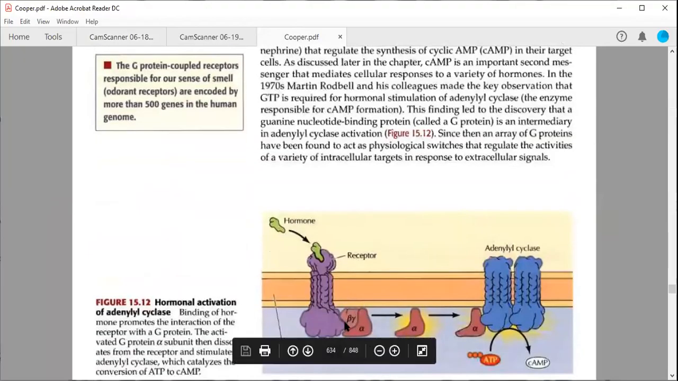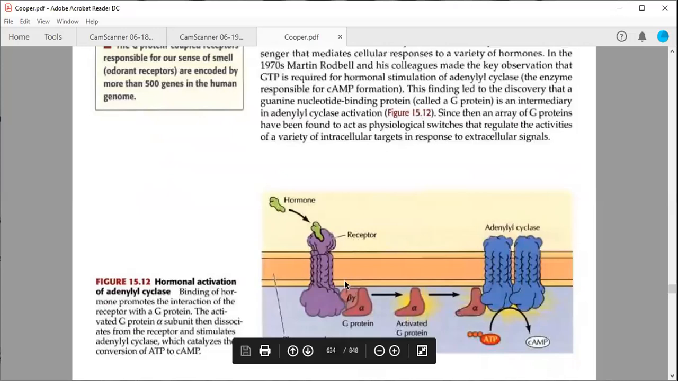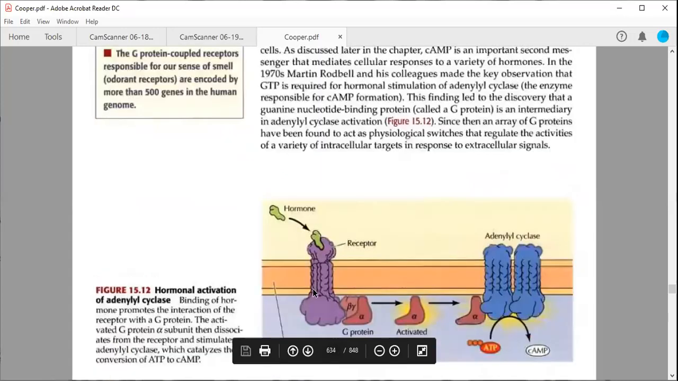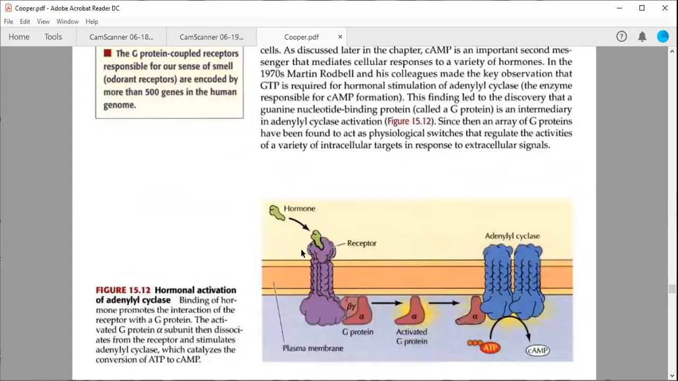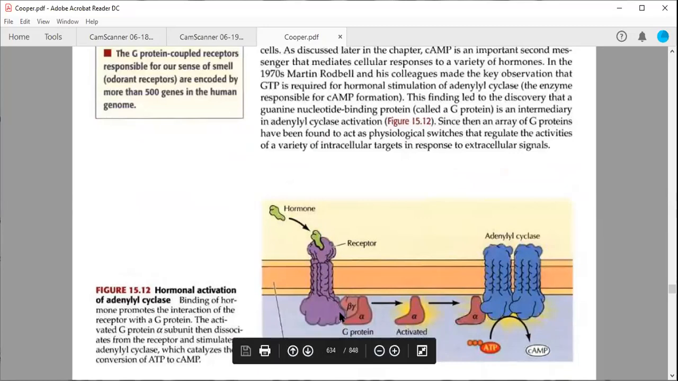See, this is already interacting with this GPCR, but the GPCR is inactive until this hormone or signal molecule binds to the extracellular face of the GPCR. Once it is bound, this domain will be activated. It will lead to the exchange of the alpha subunit, which in the GDP-bound state is interacting with beta gamma, and beta gamma is also interacting with this receptor. Once GTP is bound to alpha,